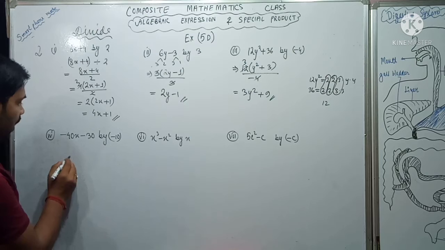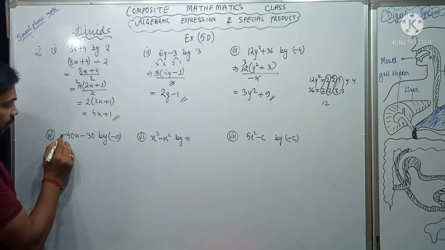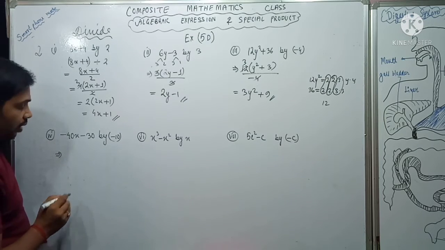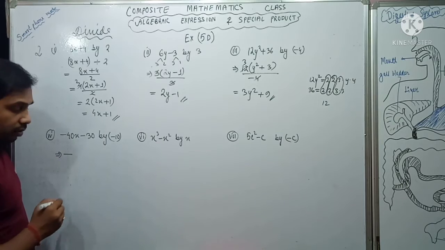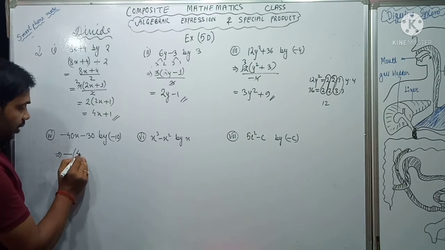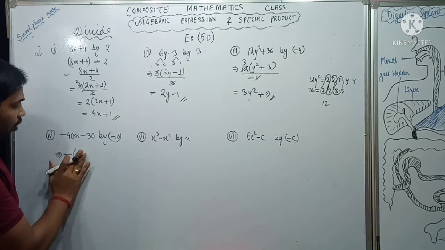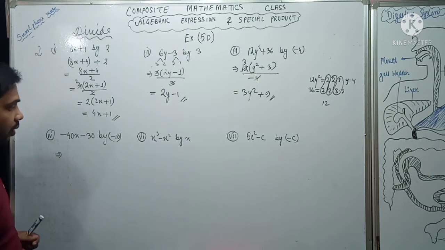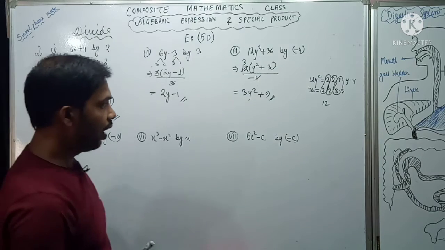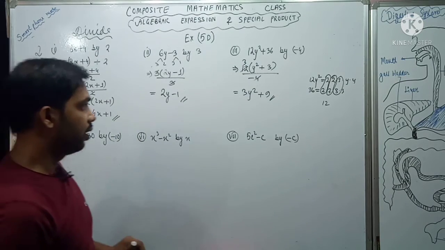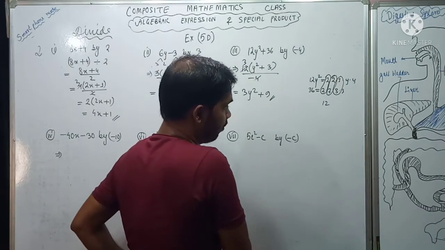Next part you see here, 40x minus 30 is given. So what common can you take out? See here minus, and minus is also here. If I take out minus common, I have taken this minus out and this minus also out. Okay, if you don't understand, then you can do here also. You see, I will do here. It is minus 40x. So minus 40x I can write.